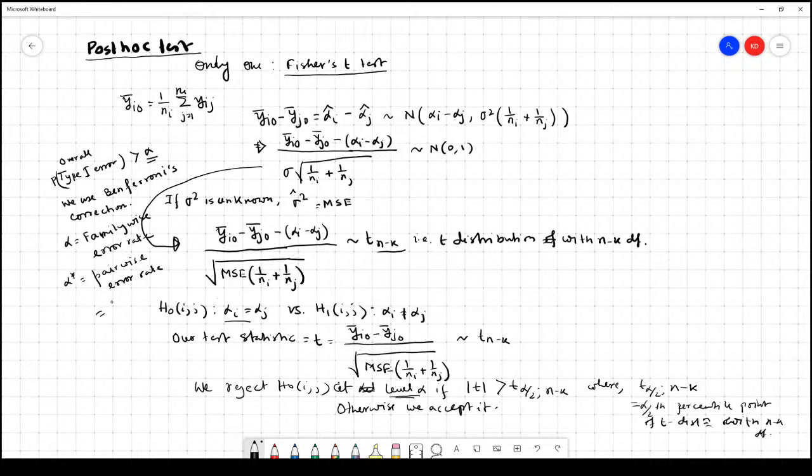Then this alpha star should be alpha by kC2, where kC2 is the total number of pairs